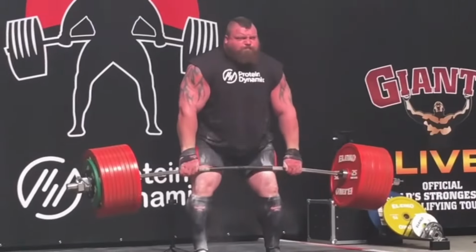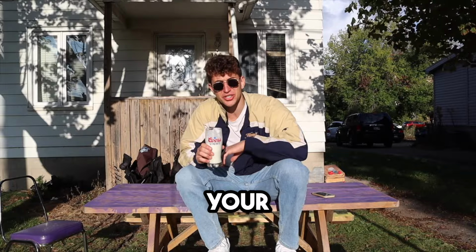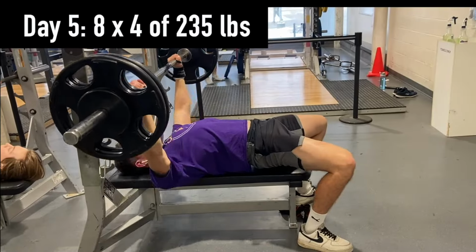Big squats and deadlifts, and you'd certainly be lying if you said you didn't want to up your bench press. You'd be crazy if you said it wasn't in your top 5 favorite exercises. And back in the day, I used to want to up my bench press as fast as humanly possible, so